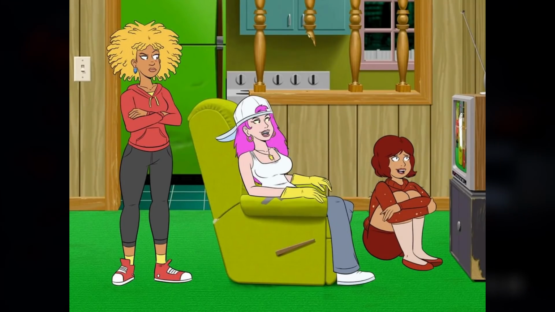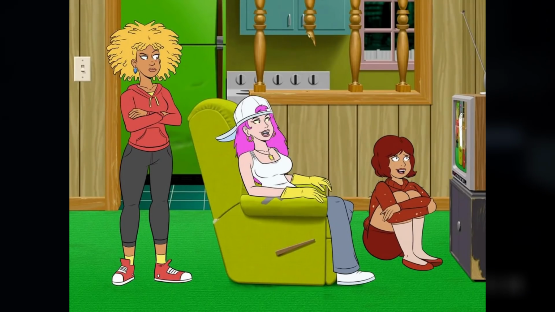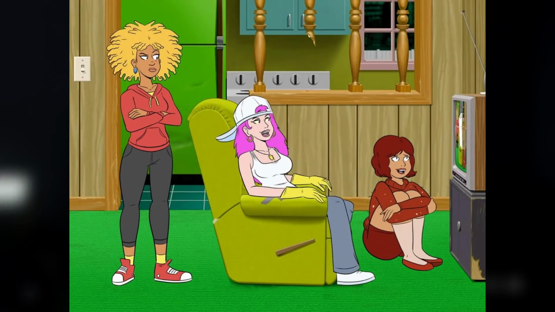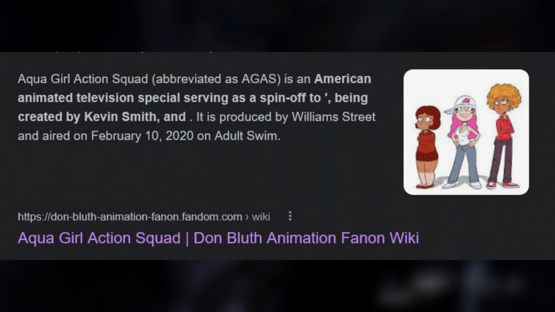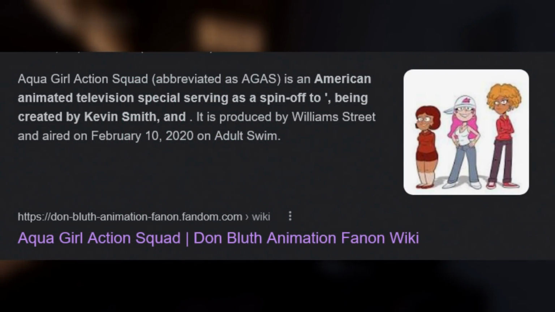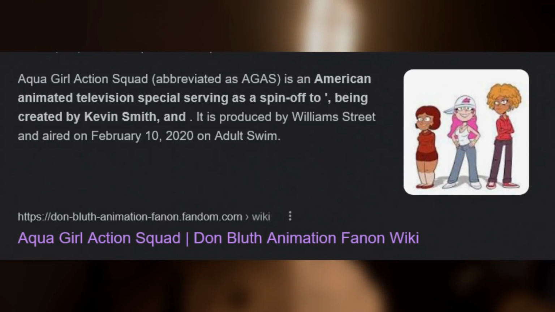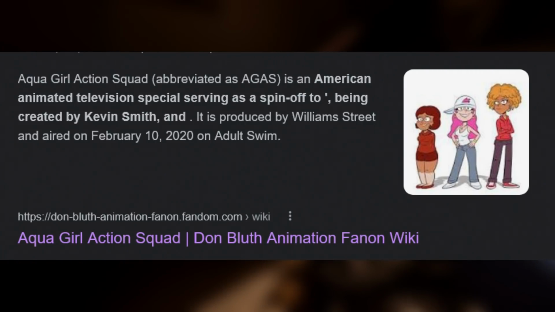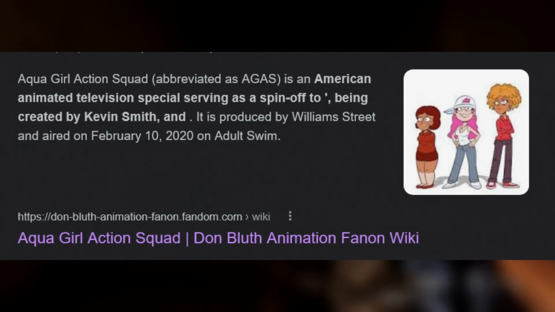Aqua Girl Action Squad. Aqua Girl Action Squad was a fan-made idea to celebrate 20 years of Aqua Teen, and it was dedicated to the late voice actor C. Martin Crocker, who voiced Dr. Weird and Steve on Aqua Teen. It was essentially an Aqua Teen special, but instead of Shake, Frylock, and Meatwad, the show would be based on 3 female counterparts. It's kind of similar to that episode of Adventure Time where instead of Finn and Jake, it's Fiona and Cake. Like I said before, it's a fan-made idea. There is no real Aqua Girl Action Squad episode or anything like that. It was just a fan-made idea on the Aqua Teen wiki that I found really interesting, and I wanted to include it in this Iceberg video.